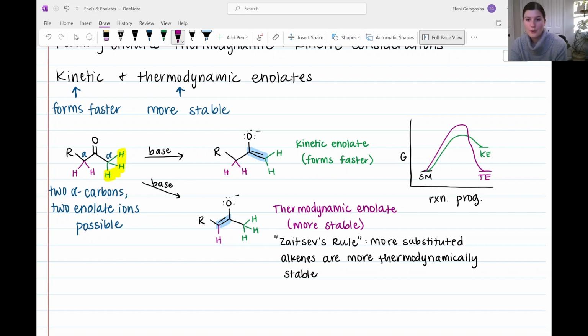So generally, the thermodynamic enolate would be produced in higher concentration because it is more stable. Reactions tend toward more stable molecules. But we can favor the formation of the kinetic enolate of a ketone by using a large base. So the kinetic enolate is favored